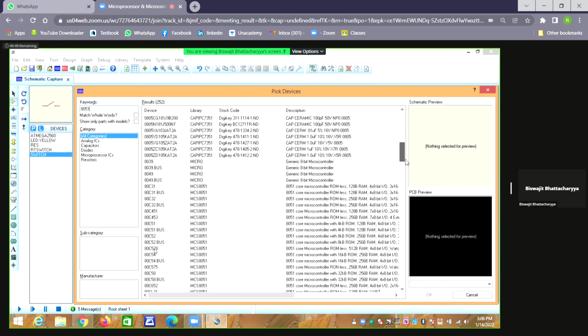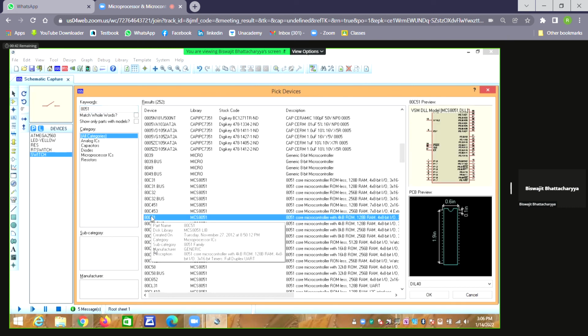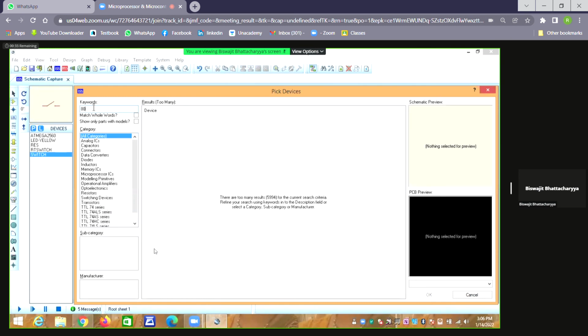Just I'm showing you, 80C51 actually. This is 80C51. Okay, so there are many others, a lot of applications are actually there. Only thing is that 8085 is not here.